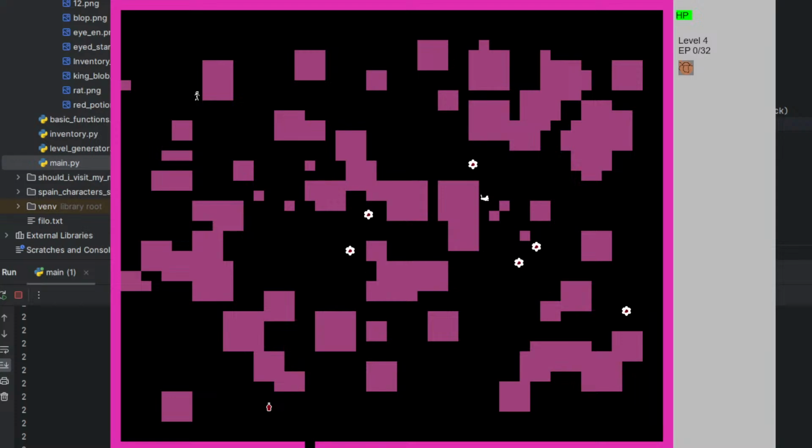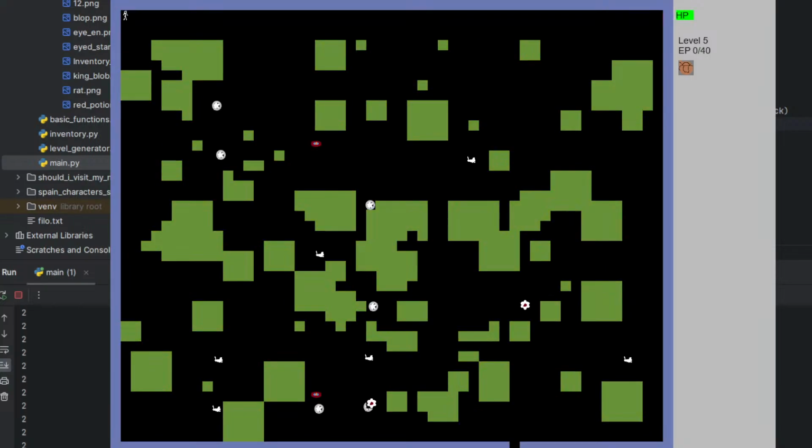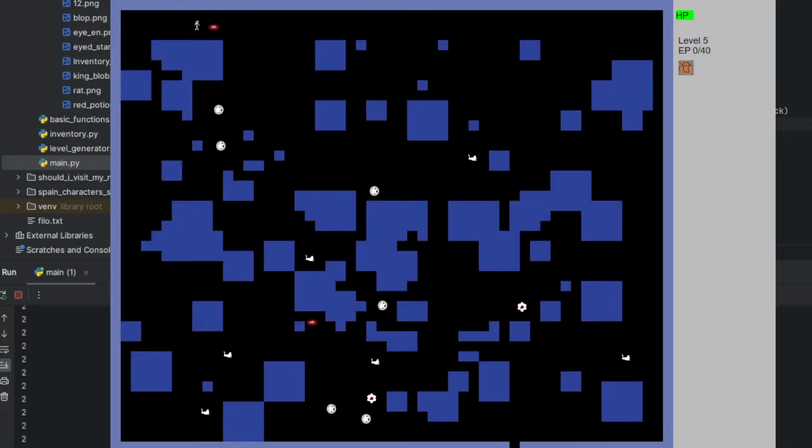Now we get a new enemy type, of course, the star ones. One second, two seconds, three seconds. Okay, just little star ones here. Now we should get a new boss room. Let me see. Oh, we didn't.